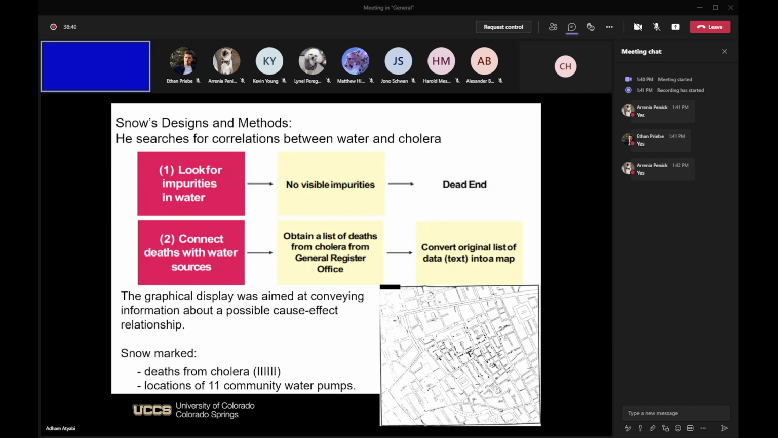So, instead of plotting a time series, which would simply report each day's values, Snow came up with a graphical display that provided direct and powerful testimony about the possible cause-effect relationship. Recasting the original data from their one-dimensional temporal ordering into two-dimensional spatial comparison, Snow marked deaths from cholera on his map, along with locations of the areas of 13 community water pump wells,